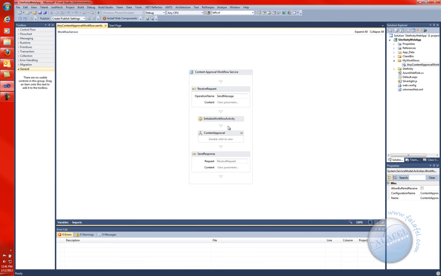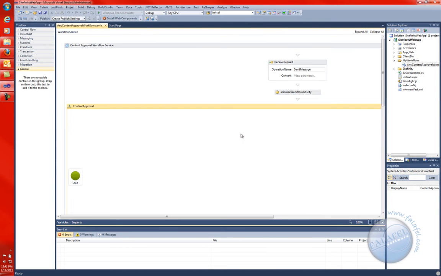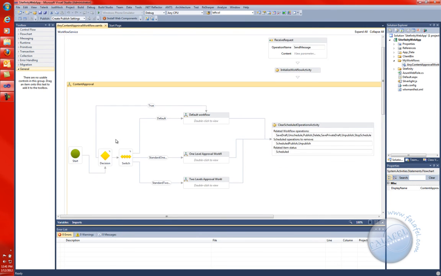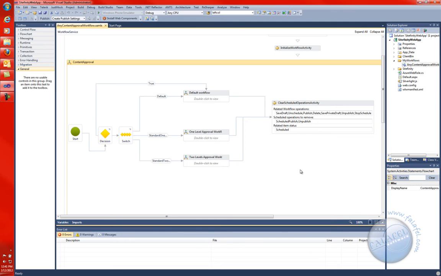You will notice the content approval part in the middle in here has the down arrows. That means I can actually click on it and see the rest of it. That's the entire content approval available in here. And notice in Sitefinity we have multiple approval systems. There is one for one level approval workflow, one for two level approval workflow, but there is also the default